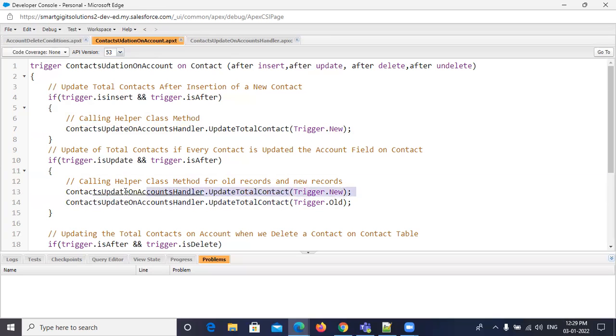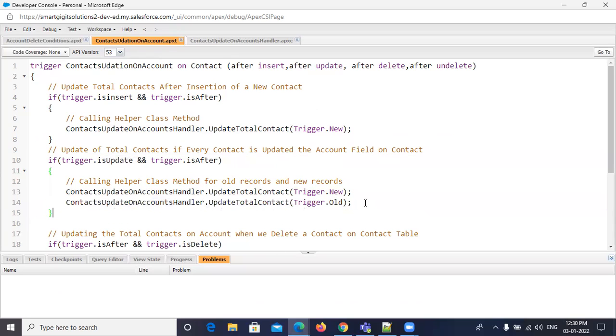Because if you update any record, that updated record also needs its total number of contacts calculated, and the old record also needs its total number of contacts calculated. So I called this method two times in the update.